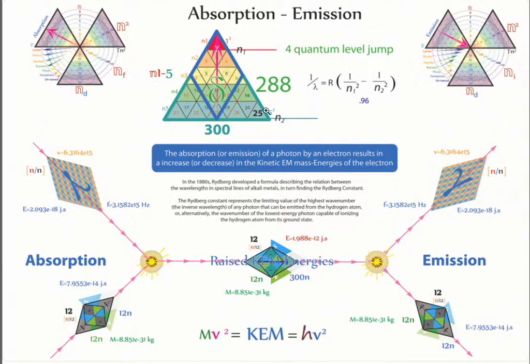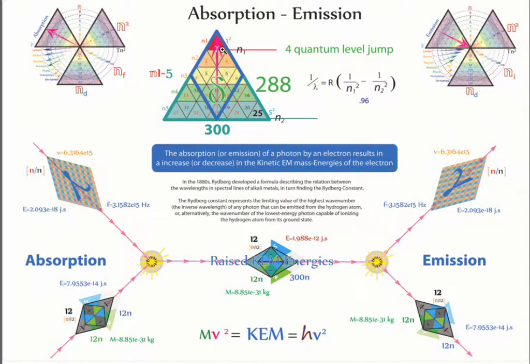In the case of a bound electron, obviously they have to jump from one square number to another with its chem field energy in proportion to its mass, in this case 12 times, which is where these numbers come from. 12 times 25 squared is 300, 12 times 1 is 12, so the difference between 12 and 300 is a transition of 288